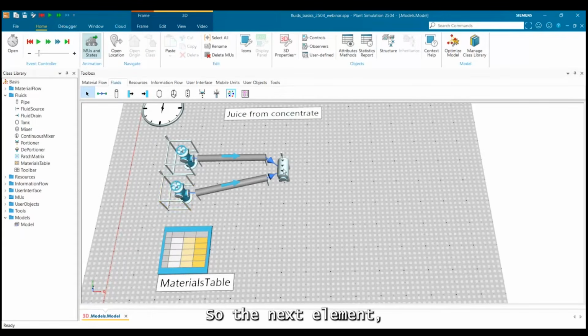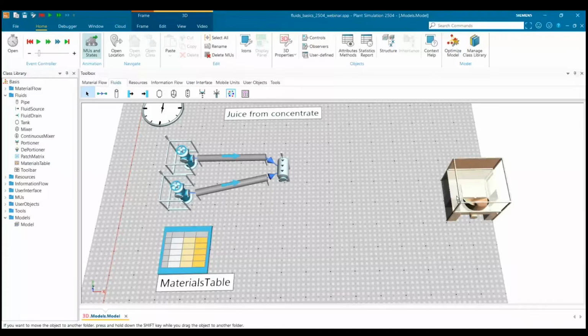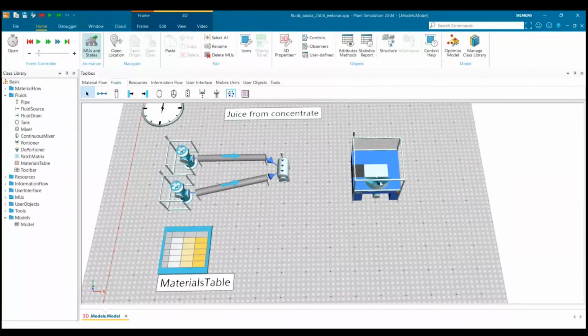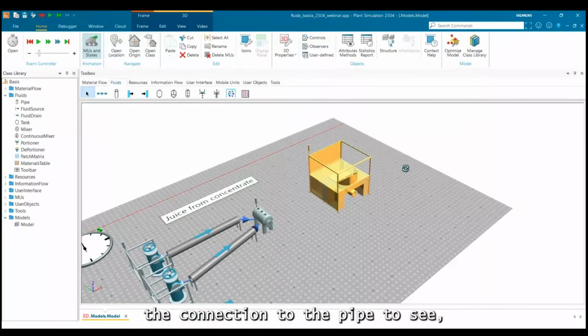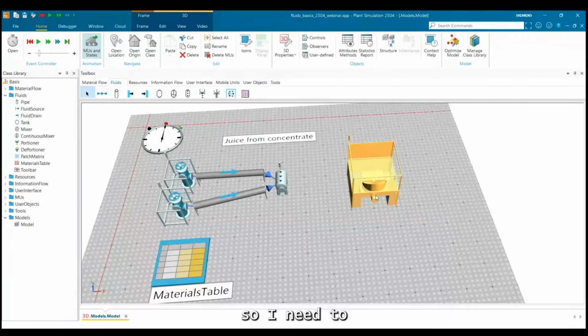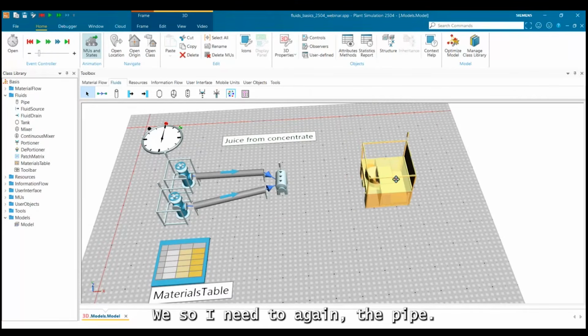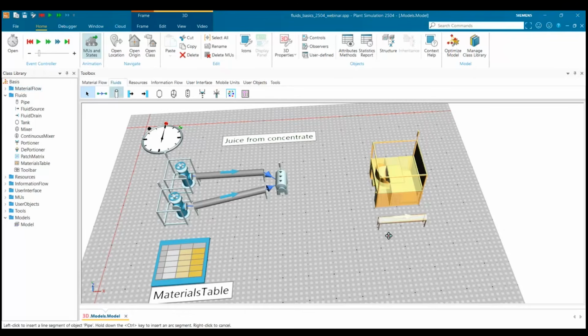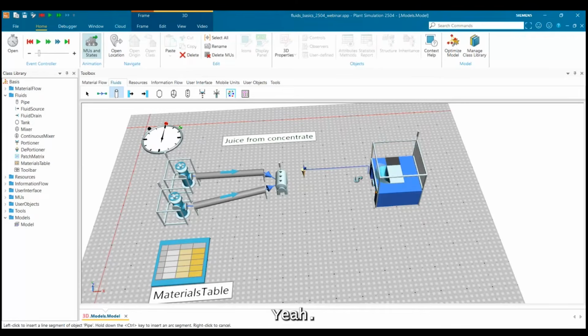So the next element I want to show is the portioner. You see the connection to the pipe is here. So I need to turn it around. Okay, it doesn't work. Wait. So I need again a pipe from here to there.